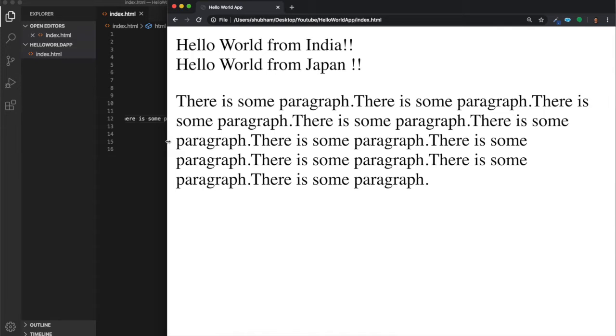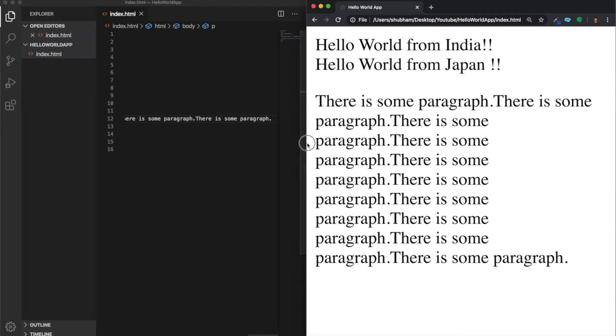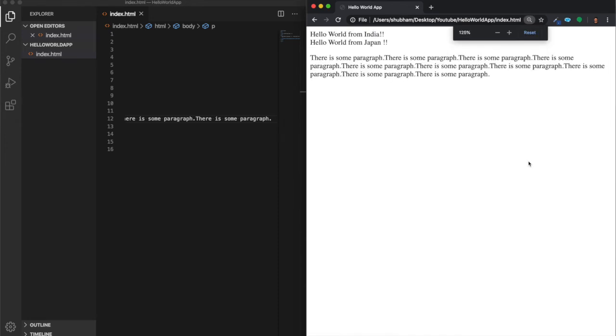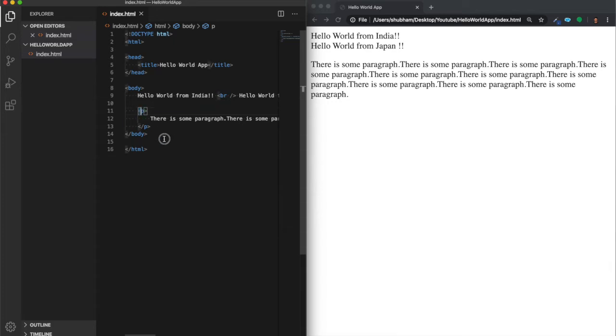So the paragraph tag is a block tag actually. Now what is a block tag? We can have a detailed discussion on this, but for now I can tell you one thing, that the paragraph tag is a block tag, and block tags are those which take 100% width of the parent element. Now what is an element? An element is a tag. So who is the parent of this paragraph tag? Which is body, and whatever width the body has, the paragraph will take the entire width.